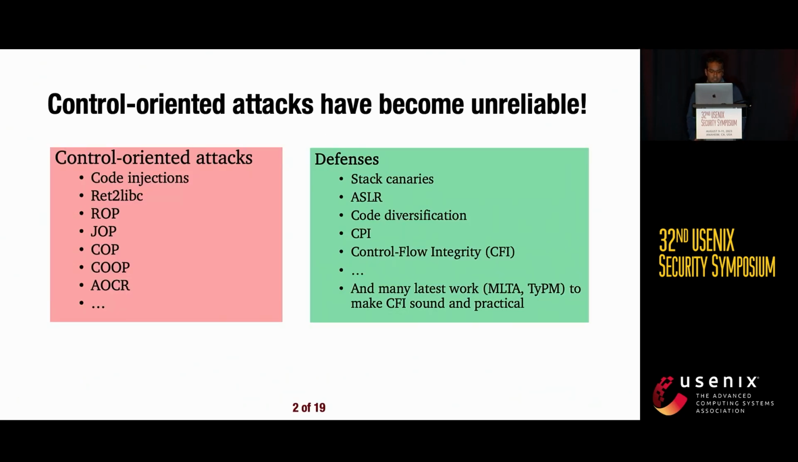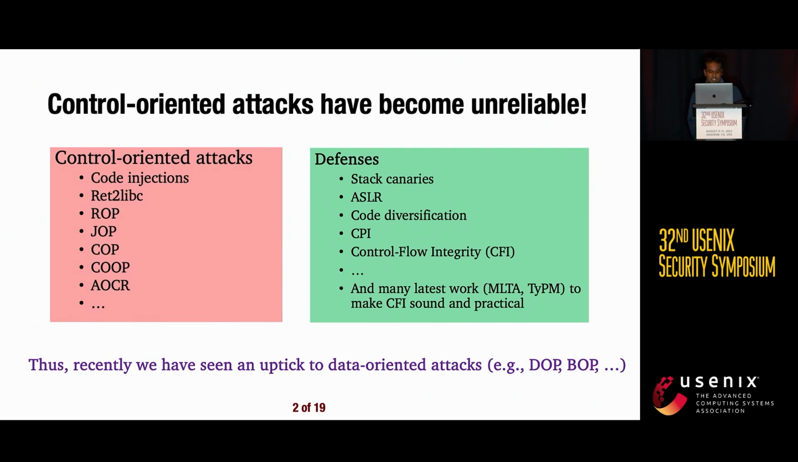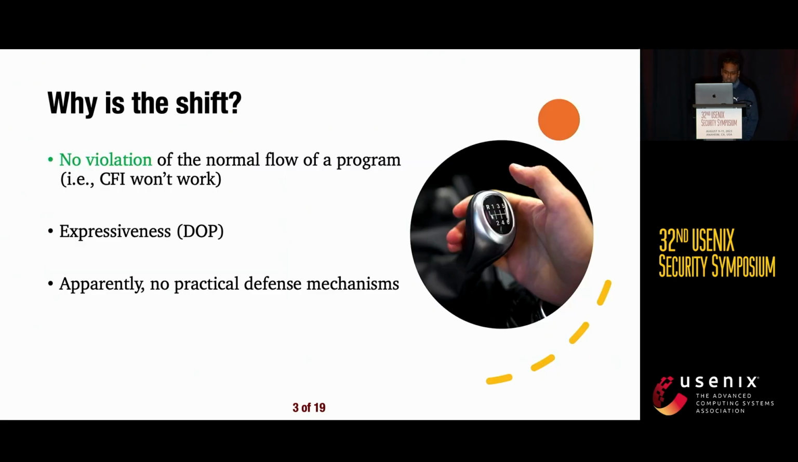As most of you probably know, with the state-of-the-art defenses, especially control flow integrity, control-oriented attacks have become sort of unreliable. This is why in recent times we have seen an uptick in data-oriented attacks. So why is this shift? This is because data-oriented attacks are a class of powerful attacks that do not violate the normal flow of a program. That means the CFI countermeasures won't work for this kind of attack. Also, these data-oriented attacks have a similar level of expressiveness as control-oriented attacks, and apparently there is no practical defense mechanism